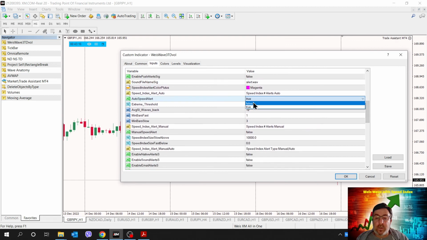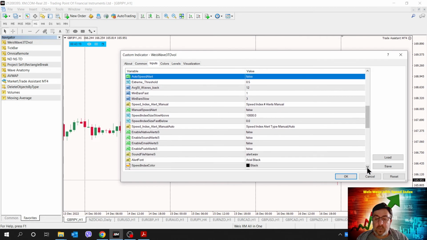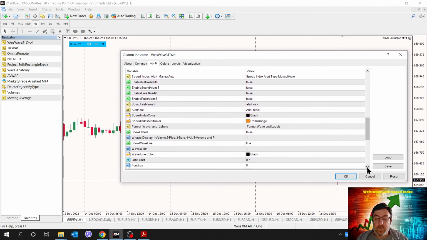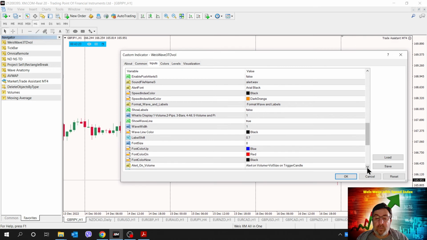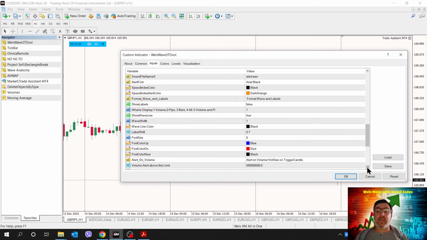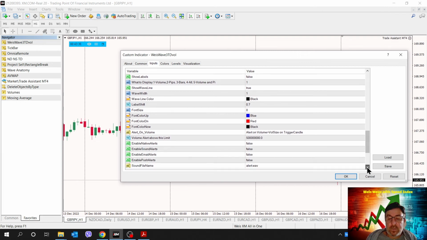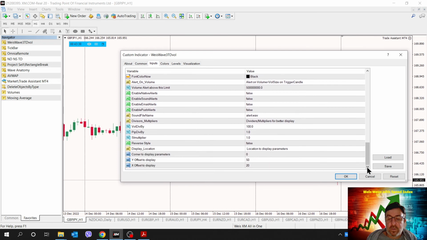Speed index alert, no. False, false, false, false, false. So waveline, yes. I want to see the waveline both on pips and on volume or any other indicator that I will add, just to make sure that all the wavelines are aligned and I don't have a different setting. So all the rest will be false. And now I will press OK.